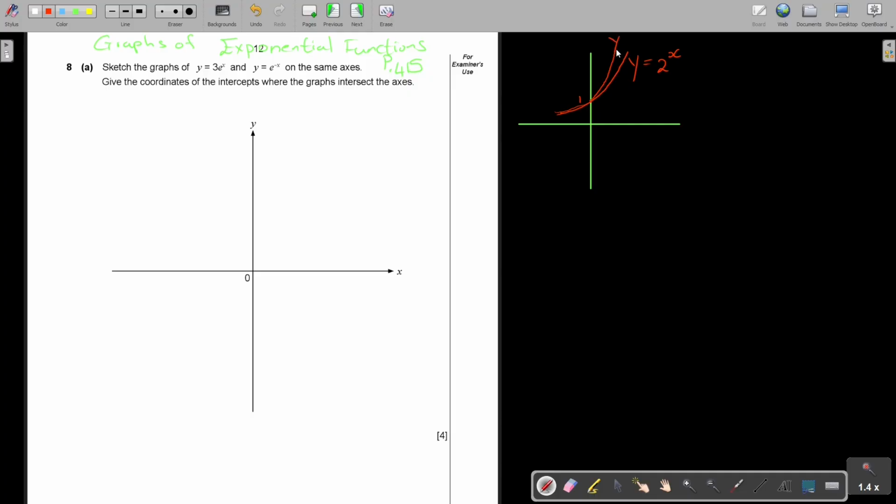So this is y equals e to the power of x. But if I put the exponent negative, then it's going to give me a sketch like this. It's just a reflection in the y-axis. So basically this will be y equals 2 to the power negative x, and that will be the same with this. If you have this picture, and this is on page 415 in my textbook, then I think this was an easy question.